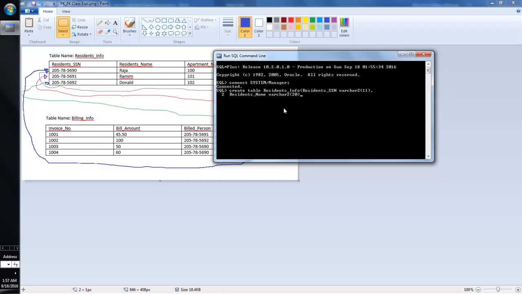We have missed some of the information, so I will make a correction here. Okay, so we missed one piece of information here. This residence SSN VARCHAR2 will be a primary key. So we are going to declare this residence SSN as primary key, and then I will go to the next line. Now the next field is